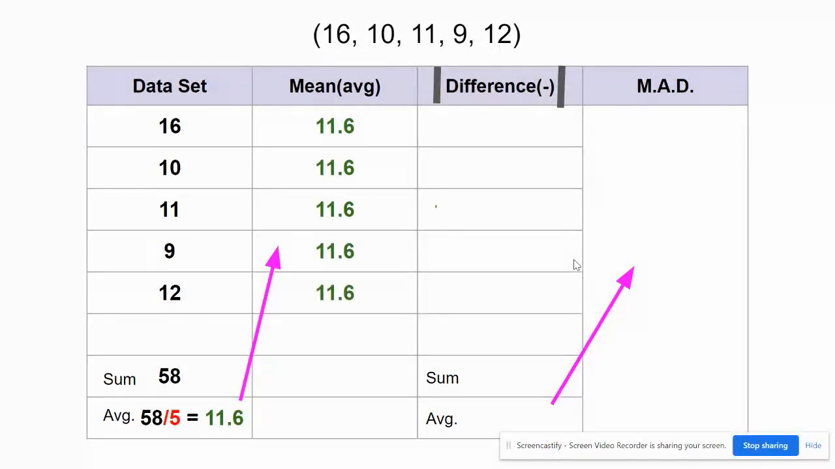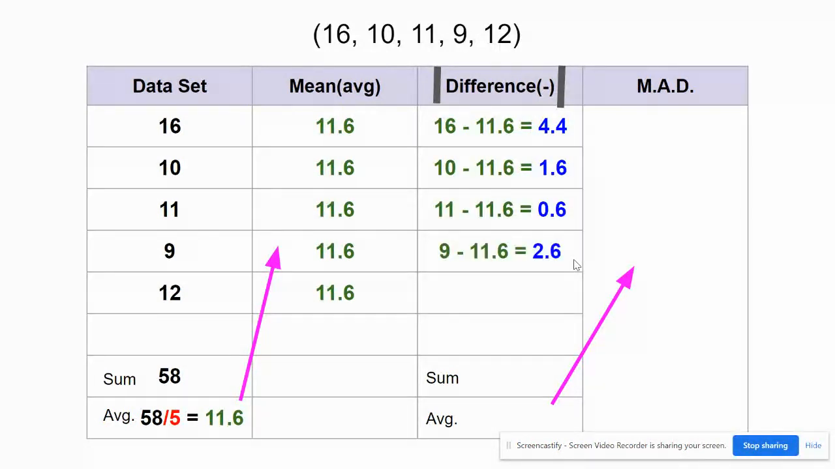And now we're ready for the absolute value by finding the difference. So I'm going to do that for each value. And now I'm ready to take my second sum. So I'm going to add 4 and 4/10 plus 1 and 6/10 plus 6/10 plus 2 and 6/10 plus 4/10, and I get a sum of 9 and 6/10. Take an average again by dividing by 5, and I get an average of 1 and 92 hundredths,